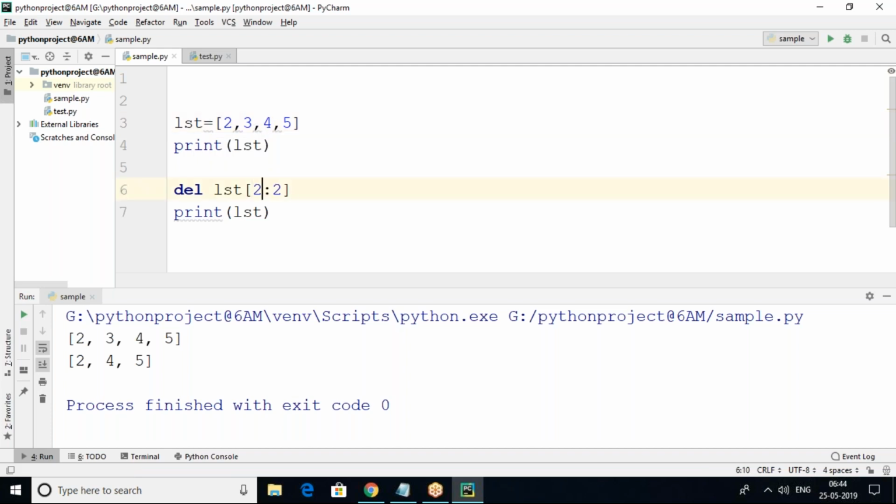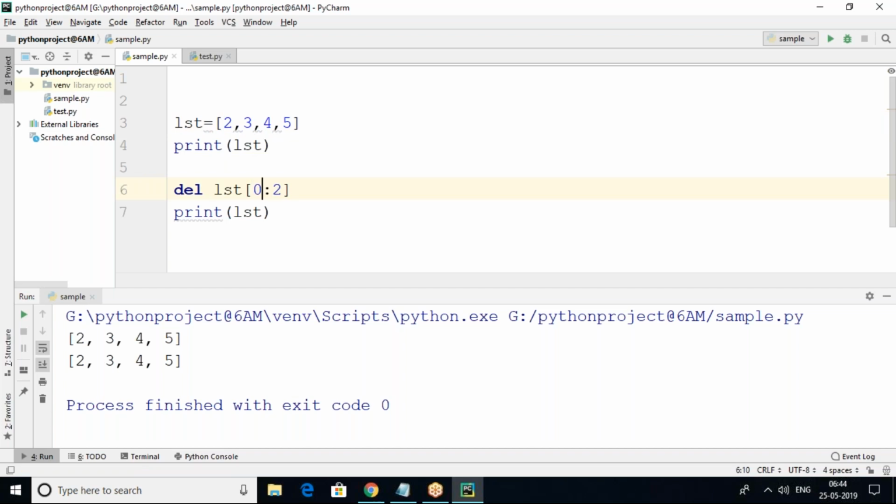Suppose here 2 to 2 in the sense, you can see 2, 3, 4, 5 only. Why? Because 0, 1, 2. 2 to 2 means up to 2, so it is not going to be displayed here. 2 to 2 in the sense up to 2.